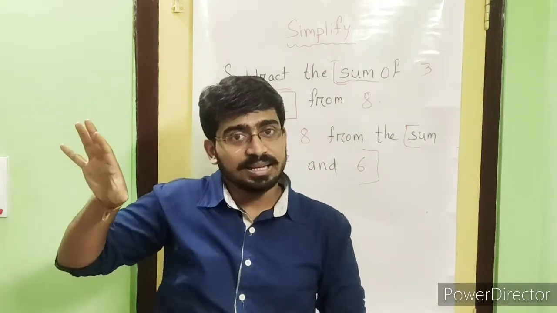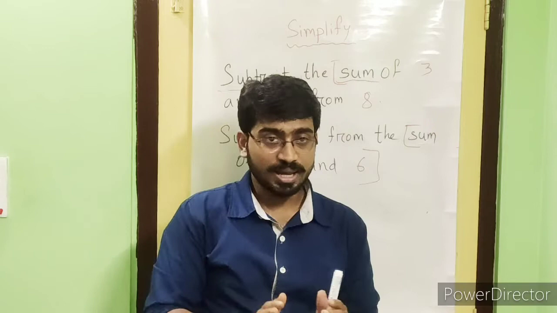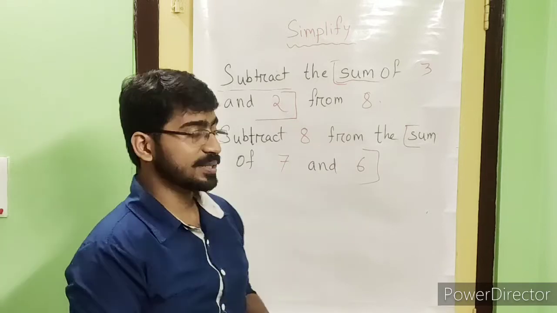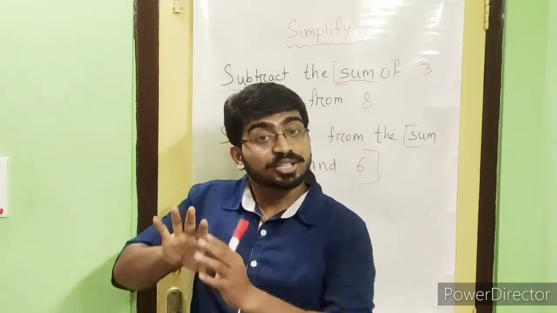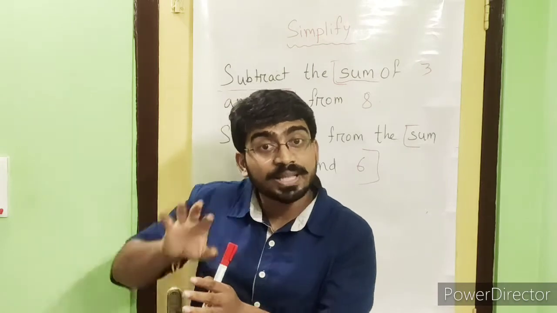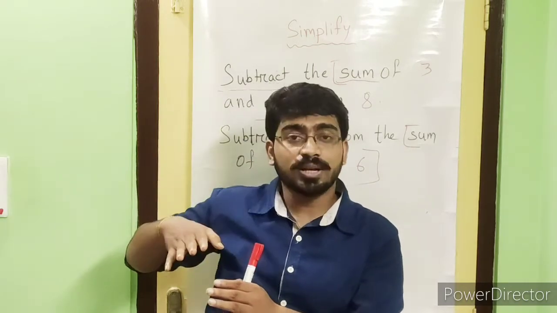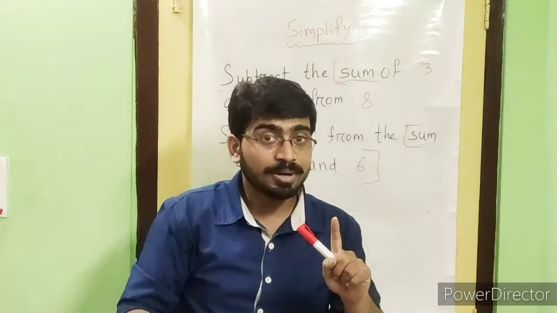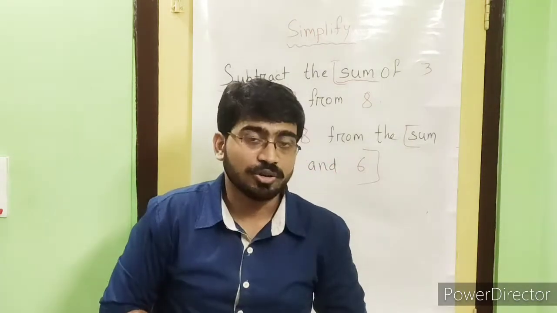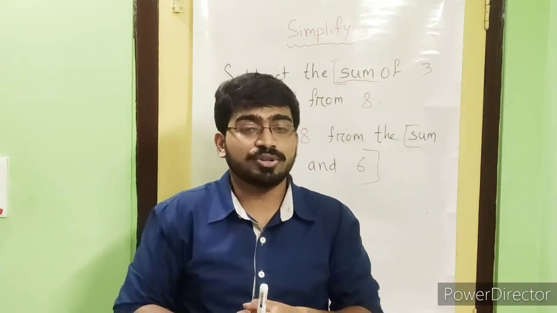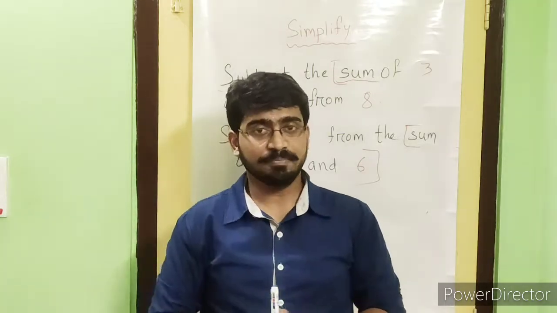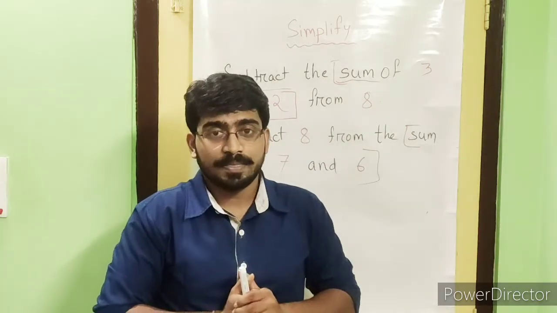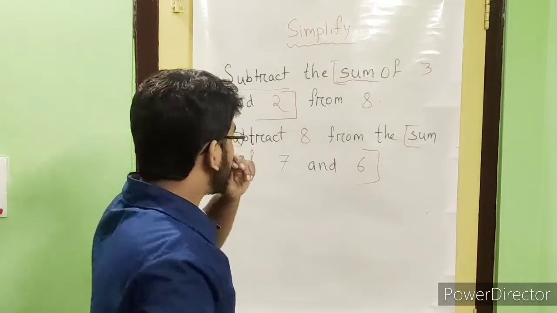Greater numberটা দেয়া আছে, আমাদের smaller numberটাকে খুঁজতে হবে। আর সেকেন্ডে কি আছে, subtract 8 from the sum of 7 and 6. সেকেন্ডটাতে smaller নাম্বারটা দেয়া আছে, বের করতে হবে the greater number. তাহলে ফার্স্ট কোশ্চেনে smaller number বের করতে হবে, সেকেন্ড কোশ্চেনে greater number বের করতে হবে। But for each question we have got a keyword. That means sum মানে যোগফল, তার মানে এটাকে আগে করতে হবে।